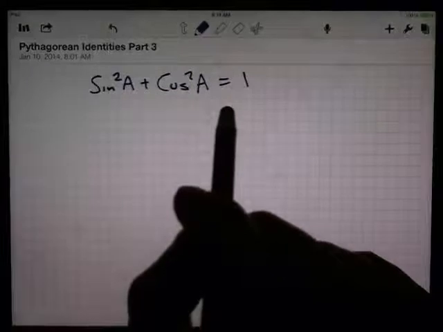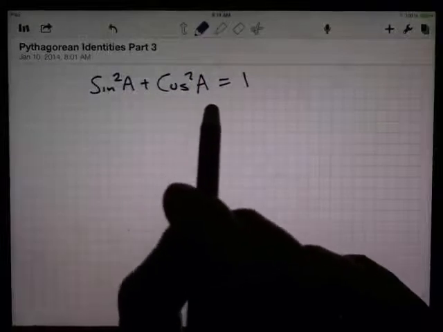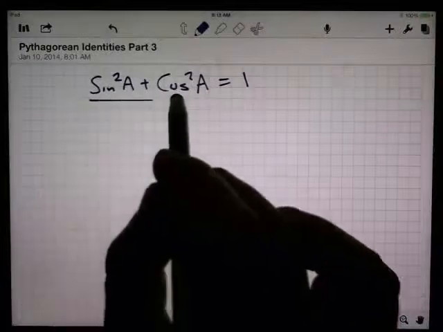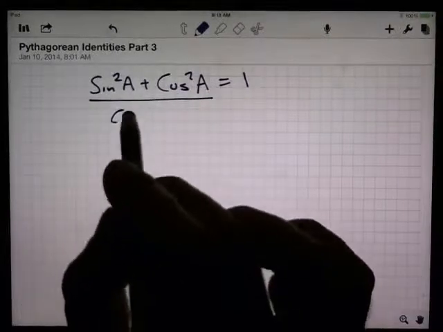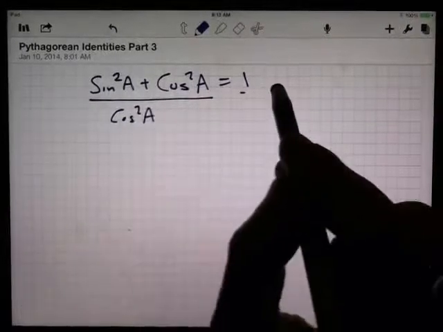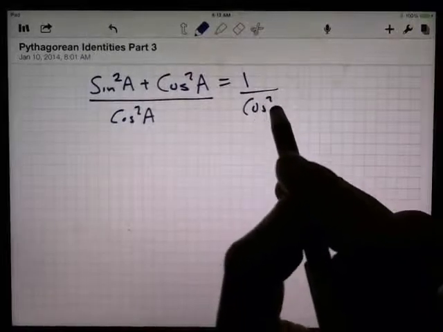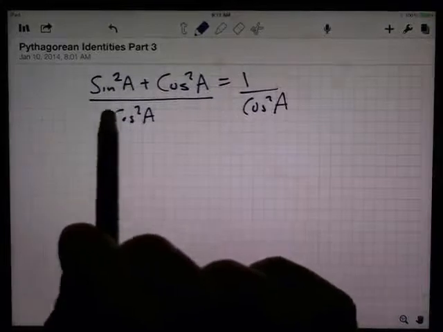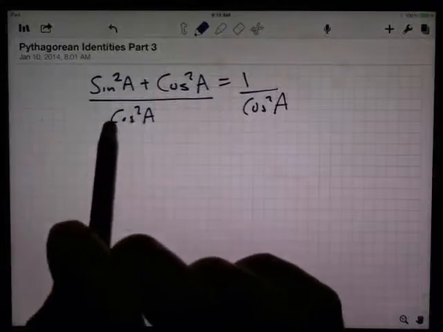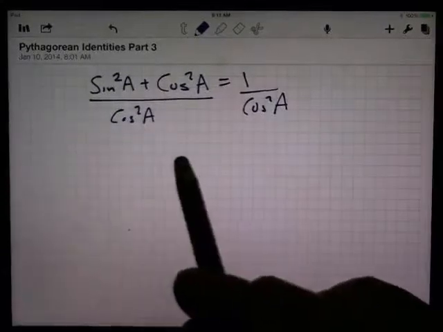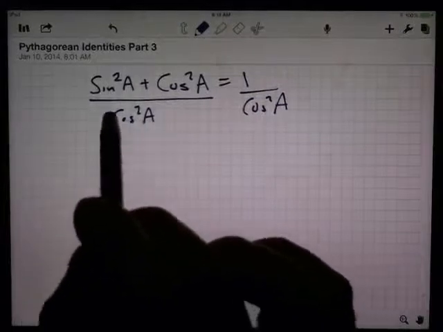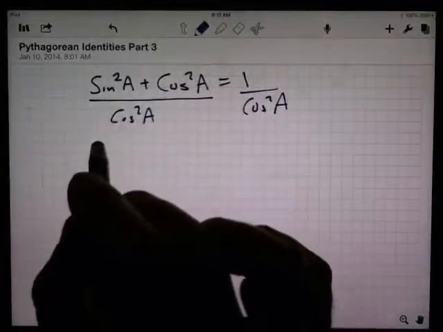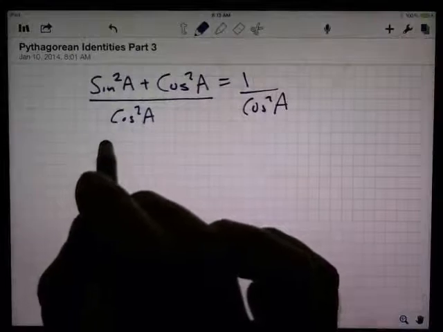And what I want to do now is take this and divide both sides by cosine squared a. So I'm going to divide this side by cosine squared a, and I'm going to divide this side by cosine squared a. Okay. Dividing is the same as multiplying, right? If you're dividing by 2, it's the same as multiplying by a half. So there's a distributive property that would take this and put it into both of those. So I've got